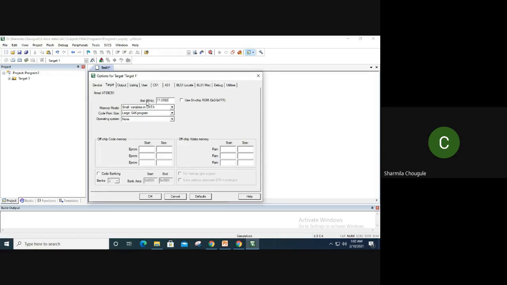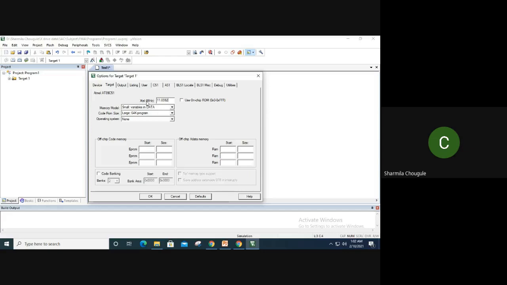While practically implementing this, you have to consider this frequency. It is very important. You have to set this frequency first of all, and only then move towards uploading or burning this program in the 8051.